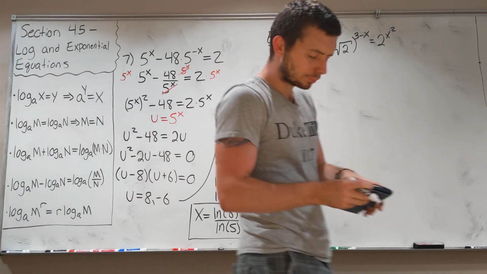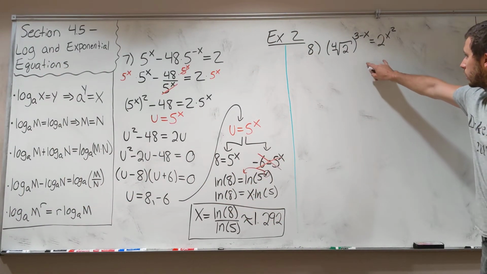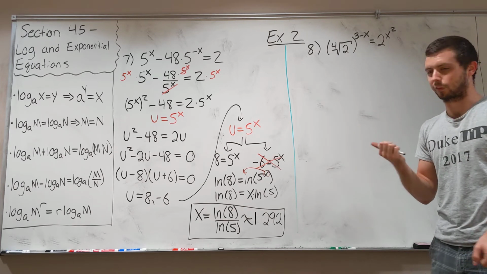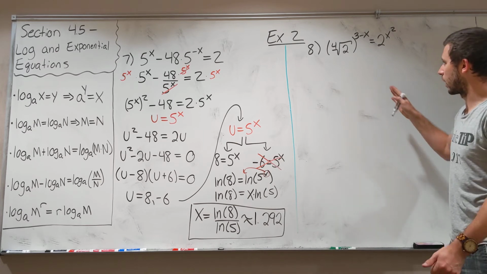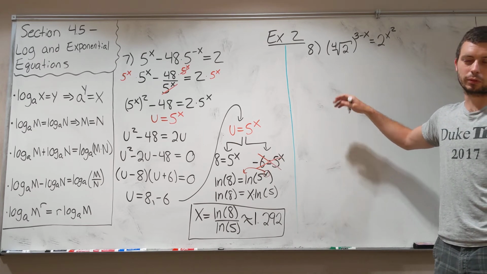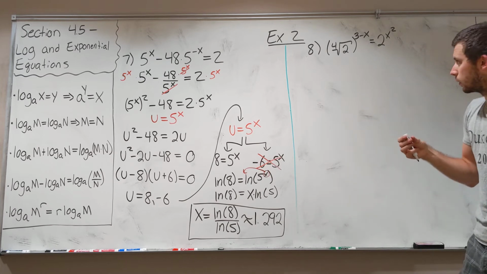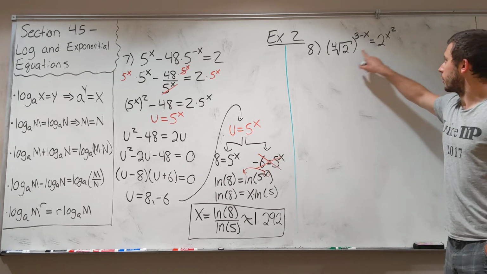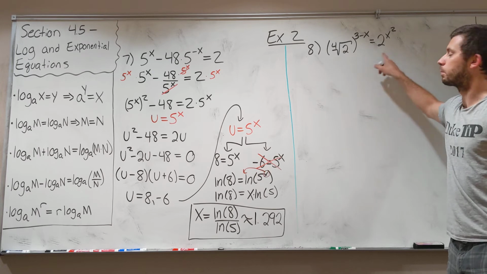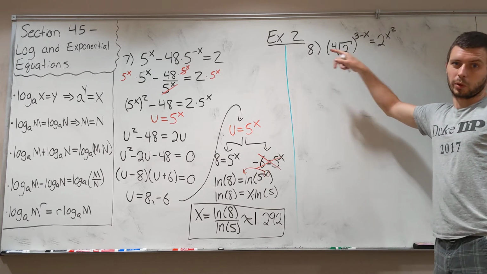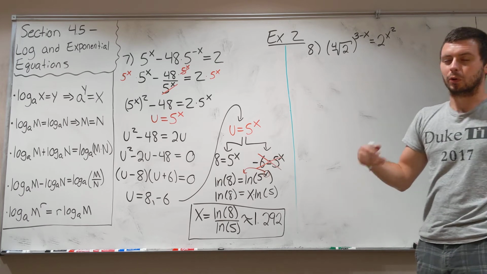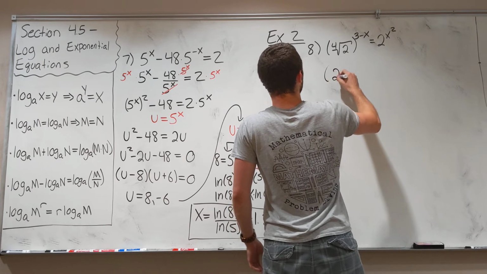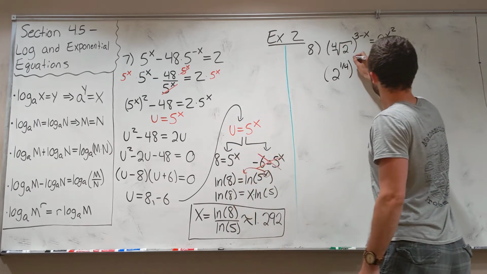And number 8, so it's kind of strange because number 8 technically doesn't fall under the same category as the rest of them. It honestly falls under the same category as the beginning set of problems, maybe a problem 1, really. So I wanted to show you all this because it looks very messy. So there is kind of this idea of a common base going on, but there's this fourth root in the way. Do you remember, or hopefully you remember, what a fourth root represents? A fourth root is the same thing as a 1/4 power. And the reason